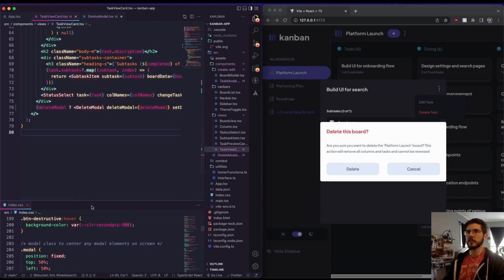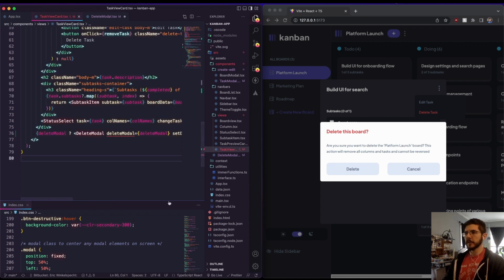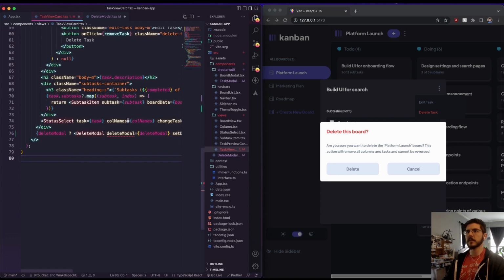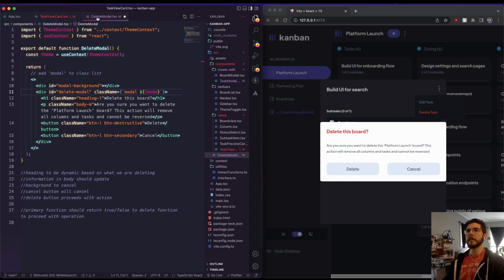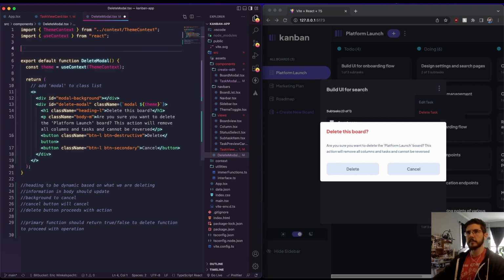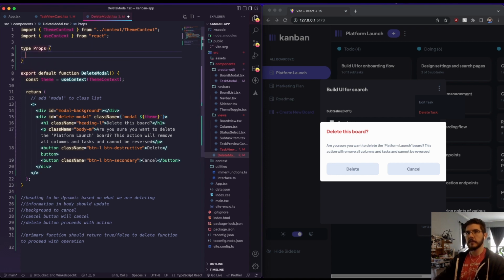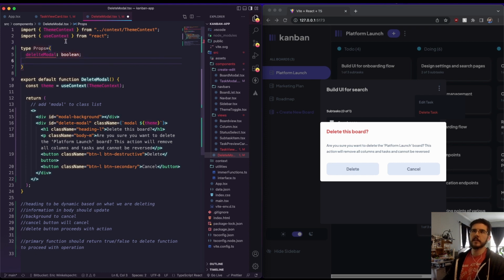Now I'm using TypeScript, so in order to actually do these things, I don't need CSS now since we see it working well. In order to pass these in with TypeScript, I need to actually put some types on here. My prop types, type props equals. We've got our delete modal, which is going to be a Boolean. And if I can type without all the lag and issues, delete modal, Boolean. We've got set delete